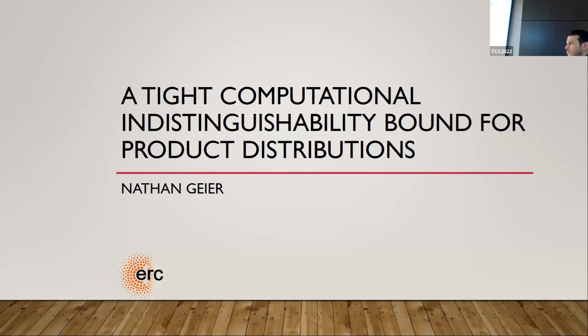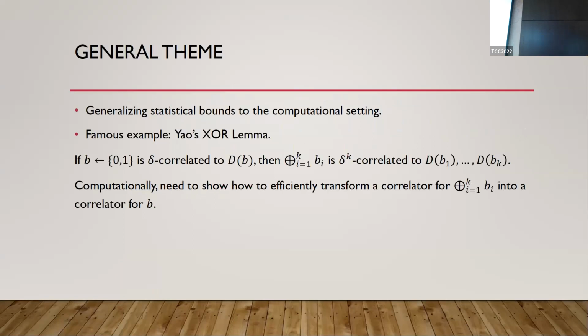Tight computational indistinguishability bound for product distributions, by Nathan. Please go ahead. Thank you very much for the introduction. The general theme of today's talk will be about generalizing statistical bounds to the computational setting. A famous example in this setting, just to give you a general idea of what we are going to do, is the Yao XOR lemma. Statistically, we have two distributions, D0 and D1,